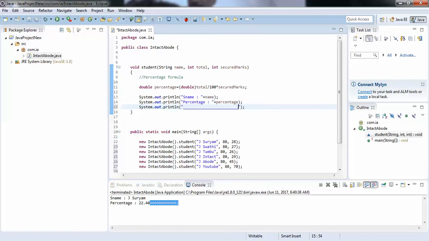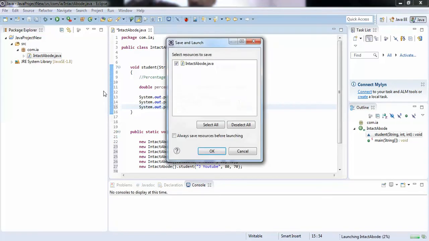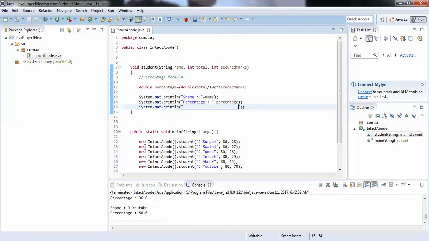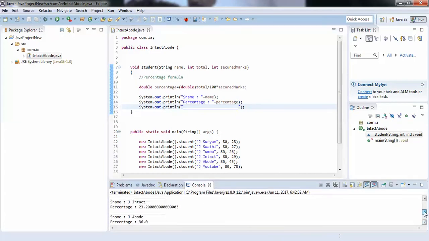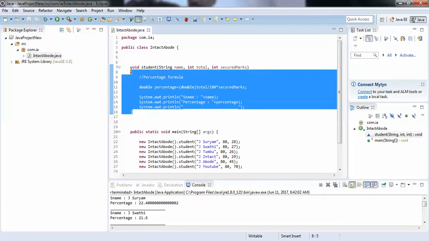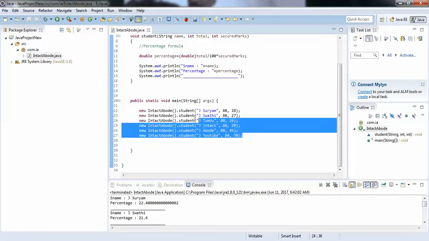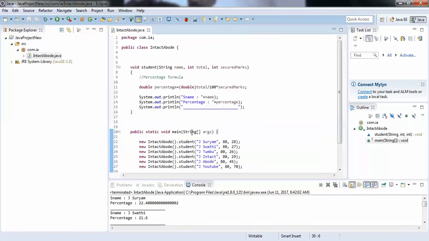So just see what happens now. Just compile this. See, there are names, Jyoti, Suryam, and Swati, with the percentage 20. You can see like this, you can print the percentages. So we are using a single method here and we are passing just the variables here instead of creating a